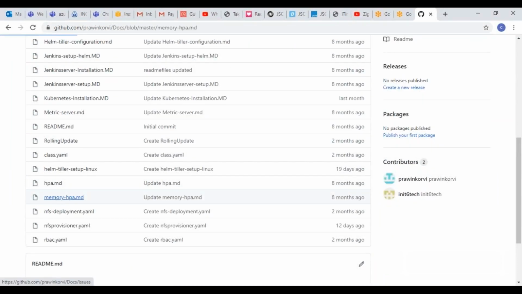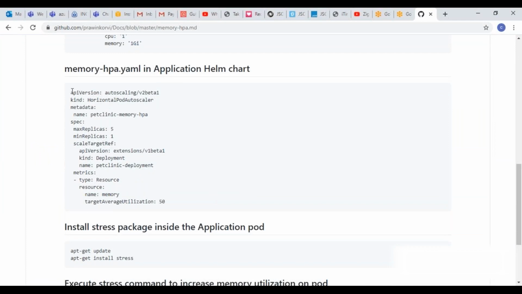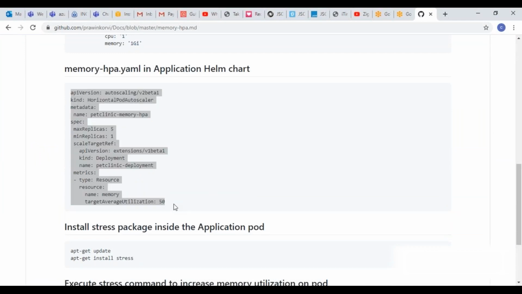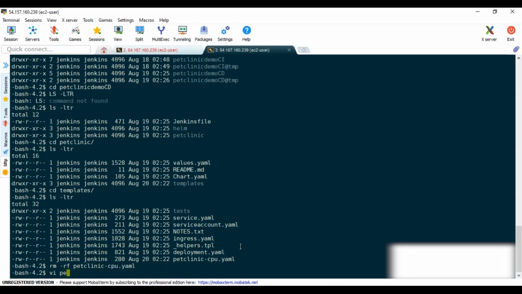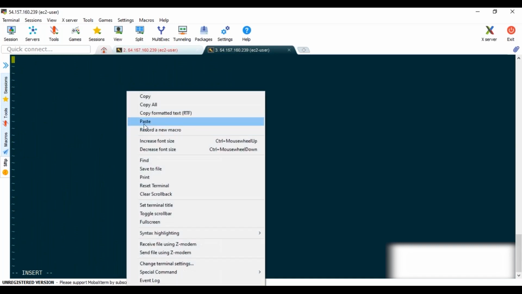This is the memory HPA, and this is the file I need to copy inside the Helm chart. So I'll remove this file, and I'll create a new file, petclinic-mem.yaml, and inside this